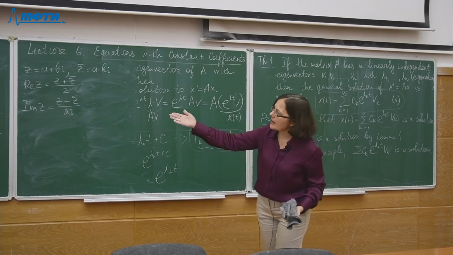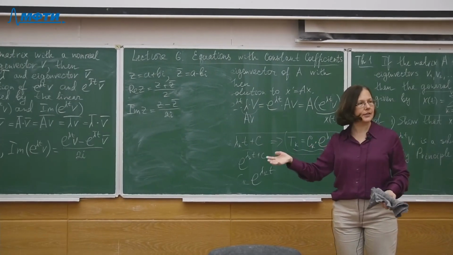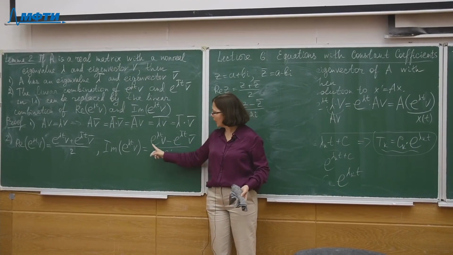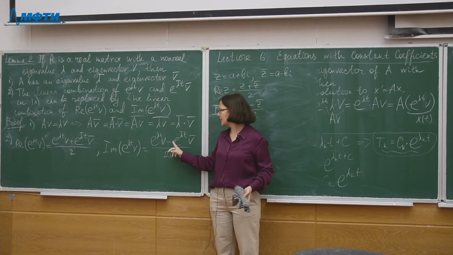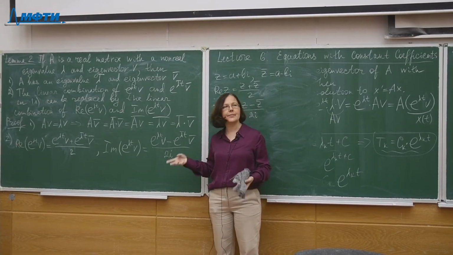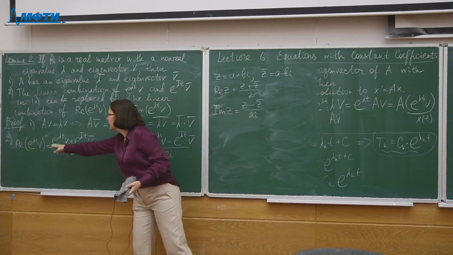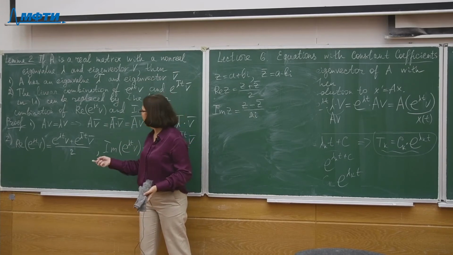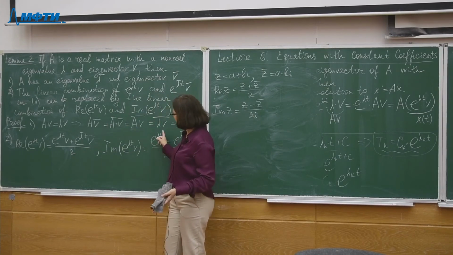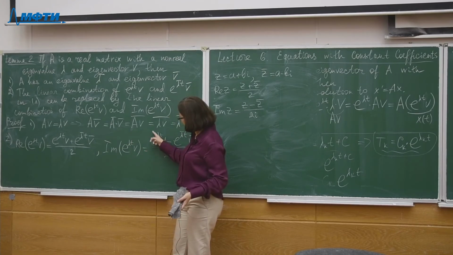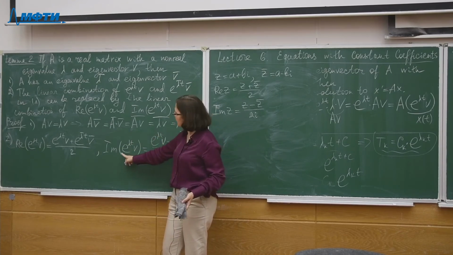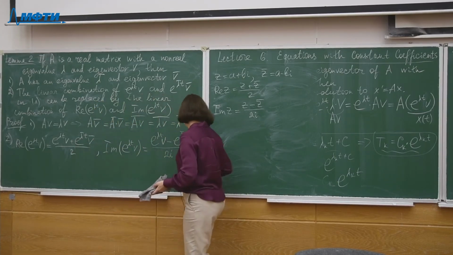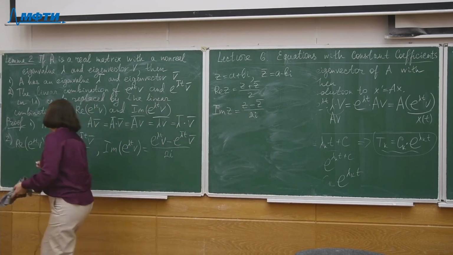So the real part of this vector is a solution. The imaginary part of this vector is also a solution, with coefficients 1 divided by 2i and minus 1 divided by 2i, right? And so these two vectors are solutions. On the other hand, from these two equations, we can represent this vector as the linear combination of these two vectors, right? So we can see that these are solutions, and we can see that the span